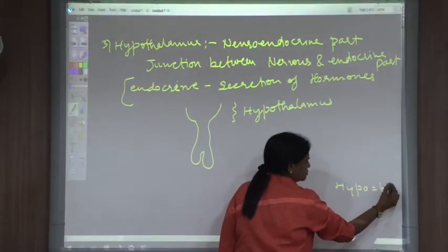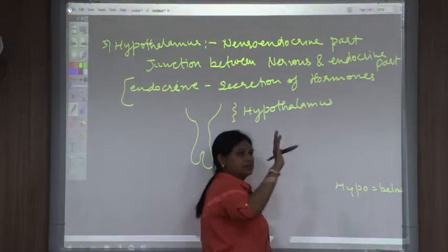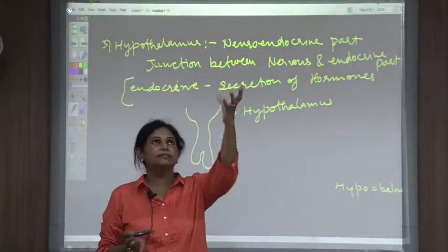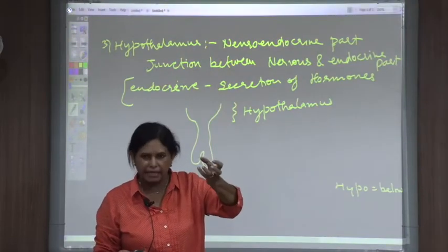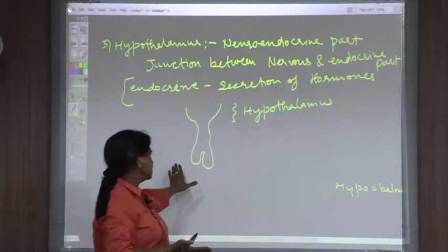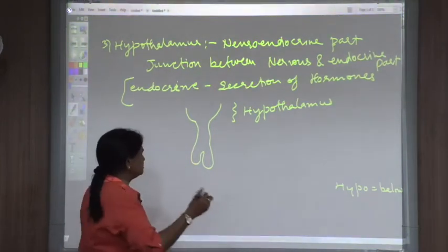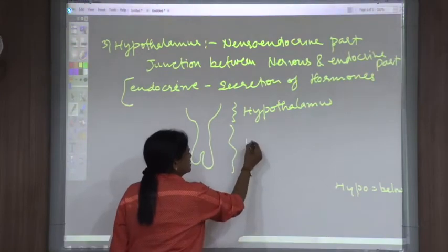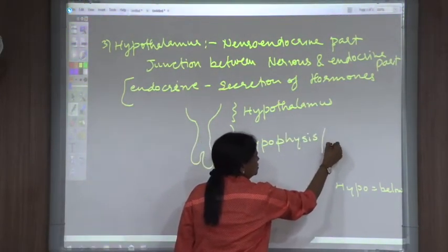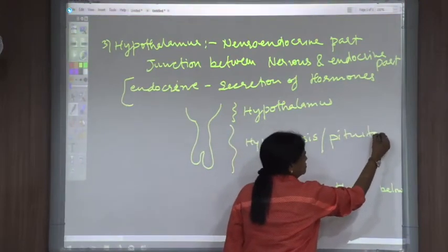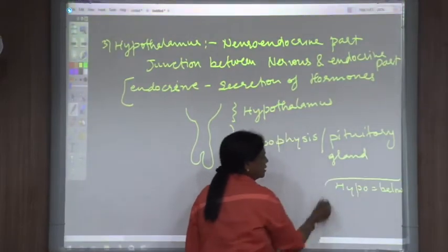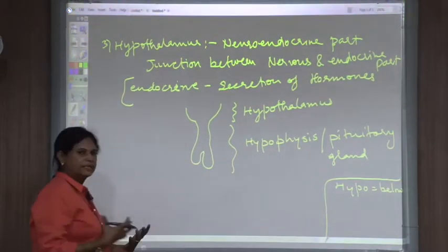Now the most important part is the hypothalamus. Hypo means below. This is below the thalamus. Thalamus is, suppose I told you about that. Suppose this room is the brain. So ये जो roof है that is the thalamus, और उसके नीचे का जो आपको ये white दिख रहा है that is the hypothalamus. And below this hangs the hypophysis, and that is what we call as the pituitary. So this is the pituitary gland.